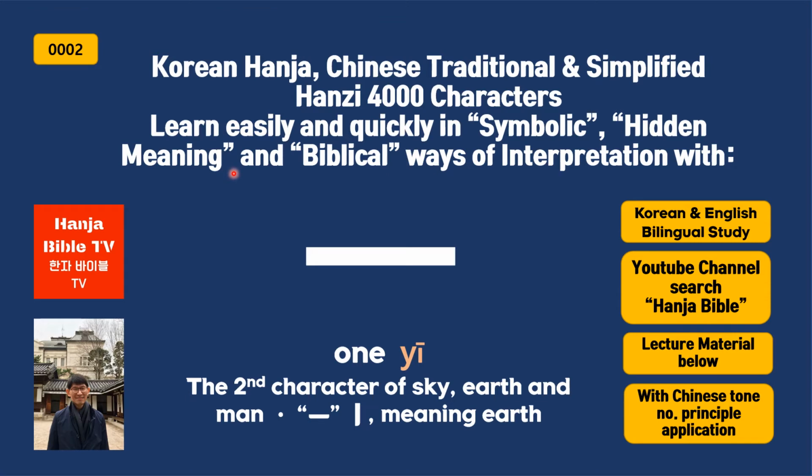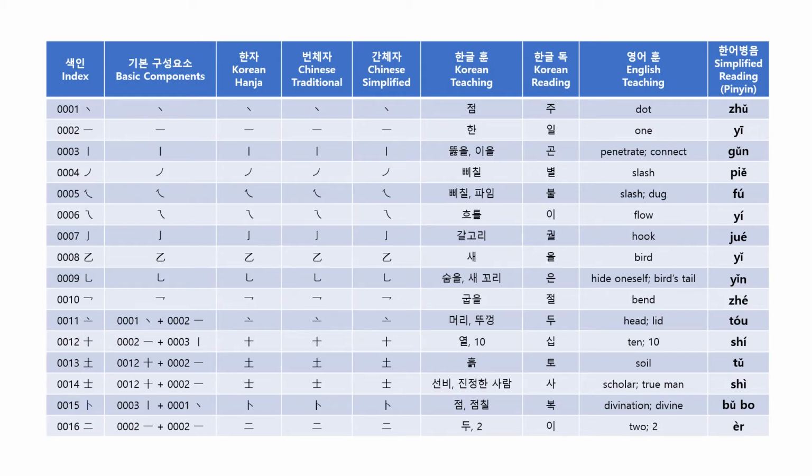We are going to study Korean Hanja and Chinese traditional and simplified Hanzi, 4,000 characters together. And the second character today is 1E. This is the second character of Cheonjiin, which means sky, earth, and man. The second character means earth. On the index, the second character is